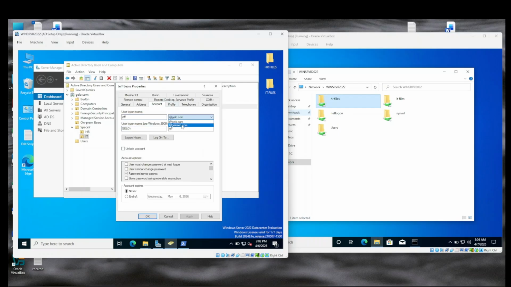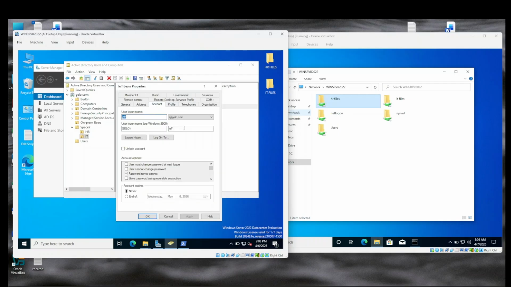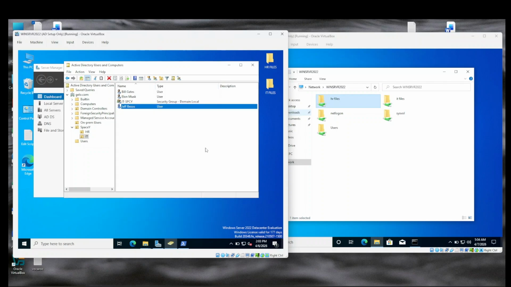Account. Here we are, jellosec.com. When editing the UPN of a user, we can actually do it manually this way. Account, choosing the domain and apply. Okay. But what if we have hundreds of users?